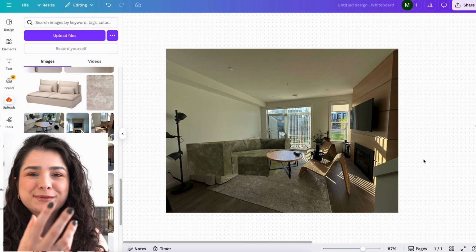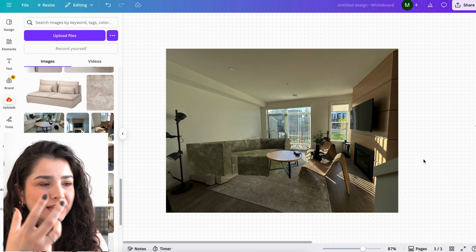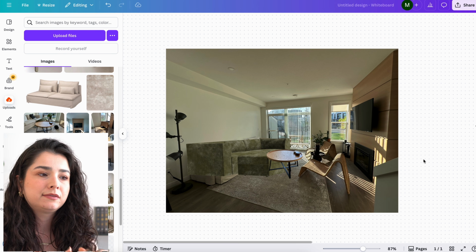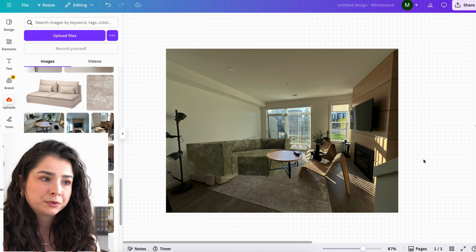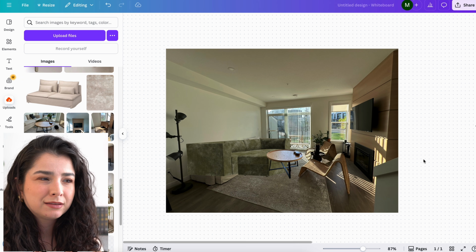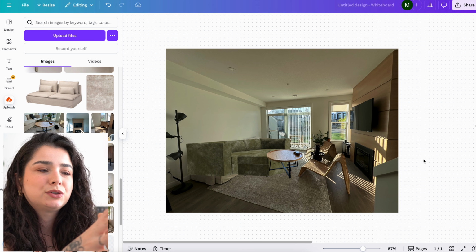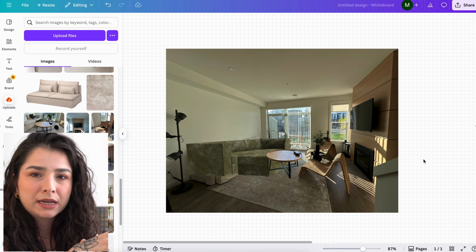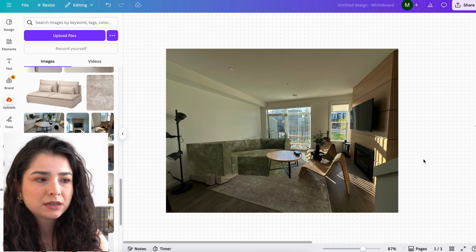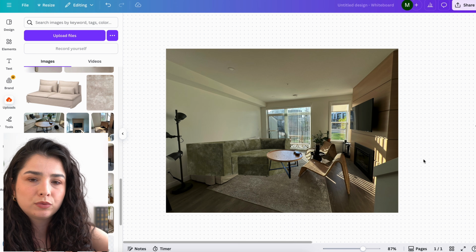Although the perspectives are far from perfect, I can definitely visualize the overall idea of having this specific sofa in my living room. In terms of measurements, I've measured it and it's basically the same size as my current sofa, so that's why I've been able to put it right on top of my sofa. But if you're dealing with different furniture items, just place them in spots that will mostly resemble the ones in